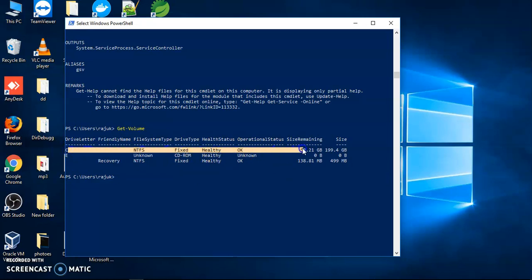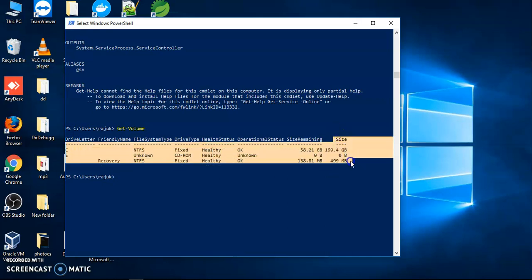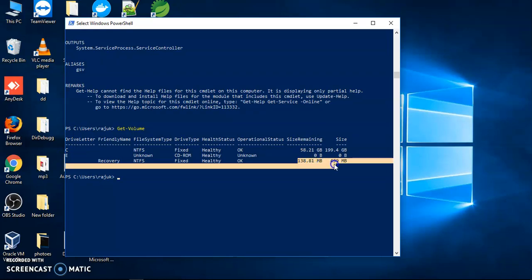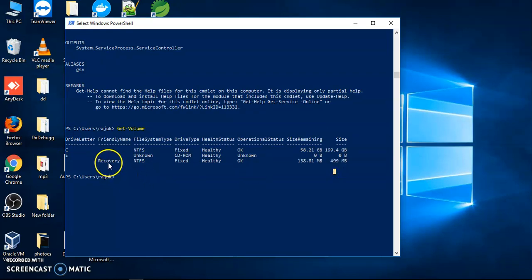This C drive partition is a 200 GB partition, and it is showing the total size of 200 and the remaining size, meaning how much space is pending. It has 58 GB free. One more is the E drive, 138 MB, which is only for recovery. If our system crashes and we want to recover it, in this condition we can use this.